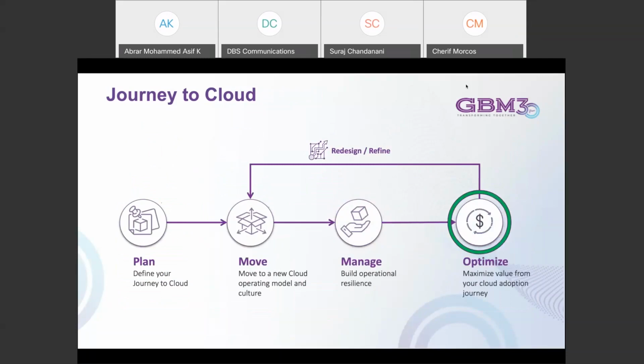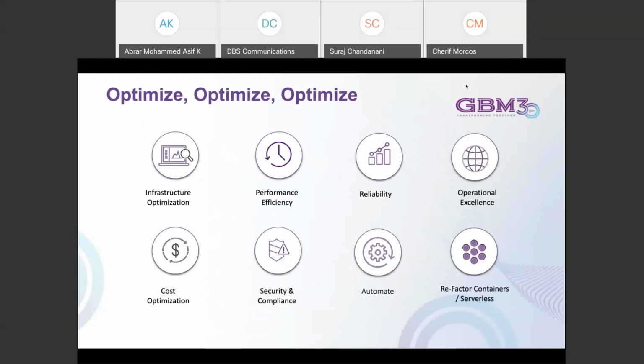The last phase of the journey to cloud is optimize. And you cannot talk more about optimize because that finally defines the success of your journey to cloud. If you take your on-prem environments and just move them into cloud without a cycle of optimization, undoubtedly you would land up in costs that are beyond your expectations and above what you had initially